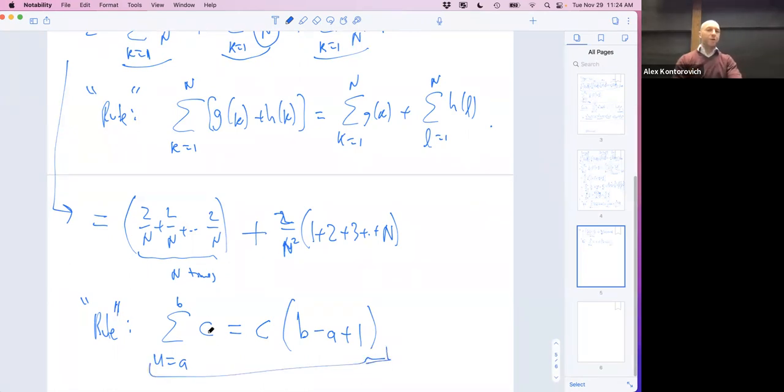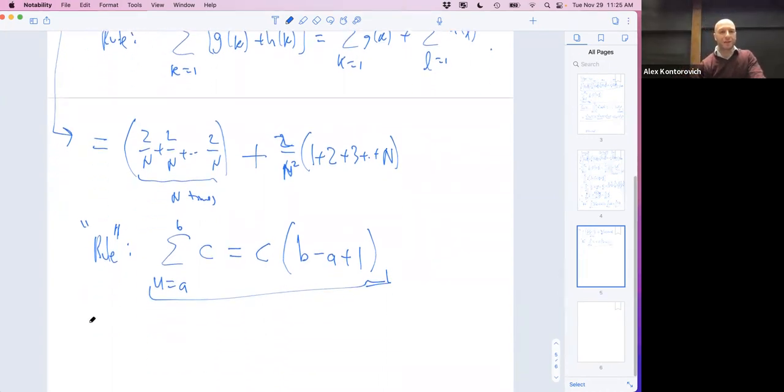So here's one rule. If you're adding up a constant, it's just a constant times how many terms there were. The number of terms from a to b, assuming a and b are both integers, this is always incrementing by 1. This summation notation always means you're incrementing by 1. So you start at some integer a, you increment up to an integer b, you'll get b minus a plus 1 terms, each of them having value c. Another rule that we just discussed